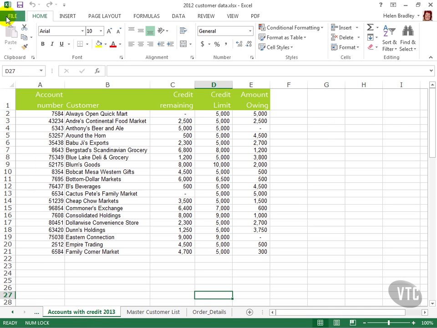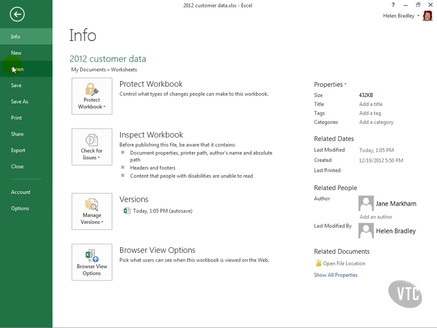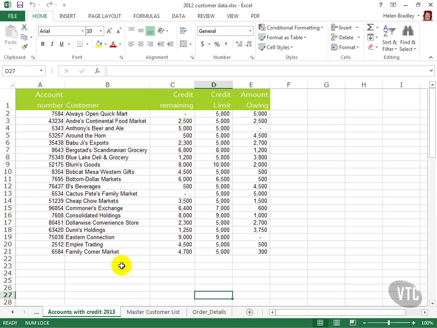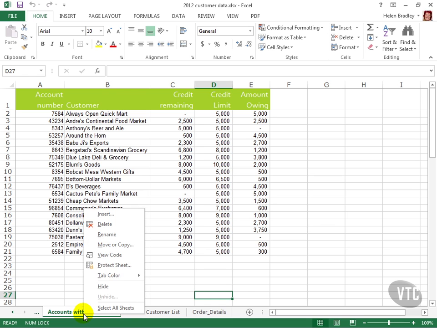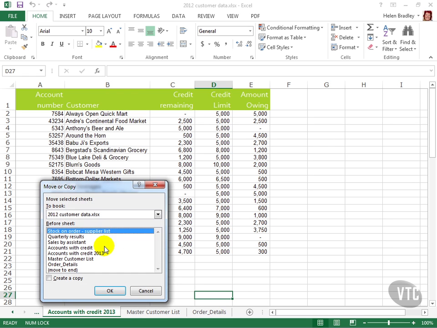Now, I already have a workbook open, but if I didn't, I would click File and then Open and go and open the workbook that I want to move or copy the sheet to. I'm going to take this Accounts with Credit sheet that we just made a duplicate of, and I'm going to move it across to a new file that I'm going to use for the year 2013. So I'm going to right-click this Sheet tab and click Move or Copy. And I already have opened the 2013 customer data file where I want to move the sheet to, so I'll